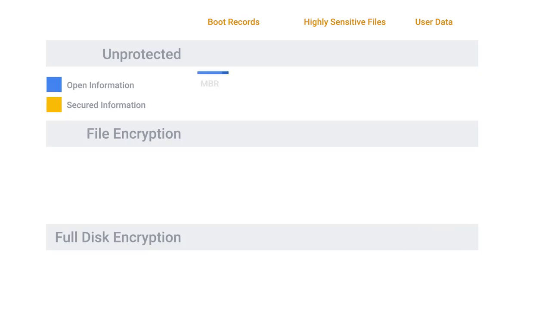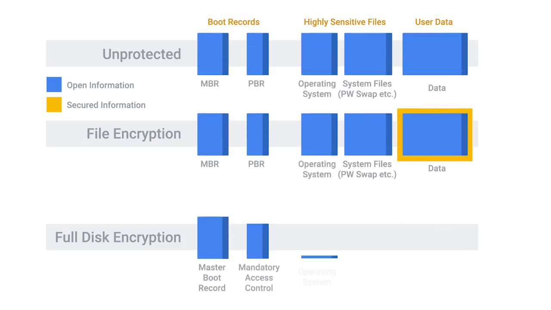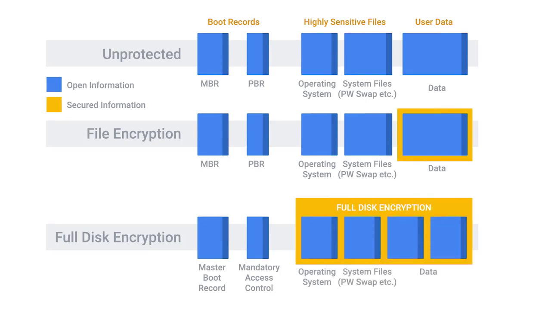So FDE is key. Systems with their entire hard drives encrypted are resilient against data theft. They'll prevent an attacker from stealing potentially confidential information from a hard drive that's been stolen or lost. Without also knowing the encryption password or having access to the encryption key, the data on the hard drive is just meaningless gibberish. This is a very important security mechanism to deploy for more mobile devices, like laptops, cell phones,